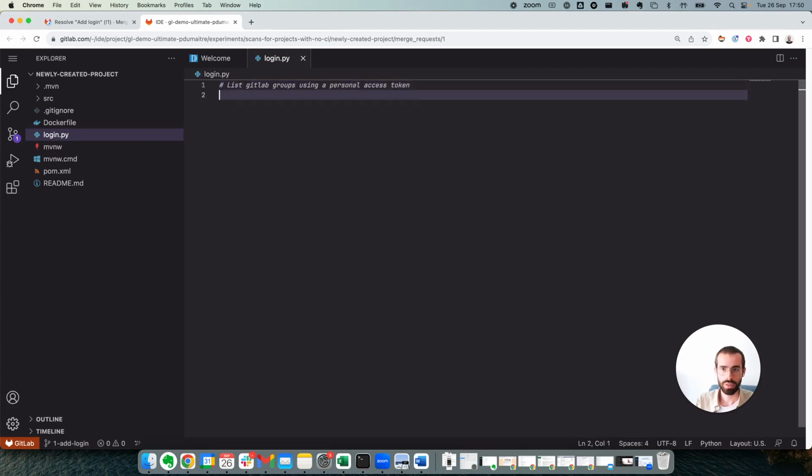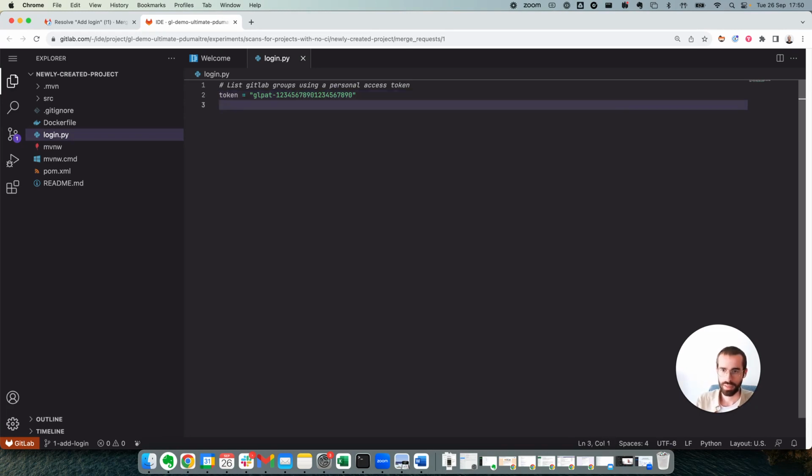And in order to create a vulnerability to demonstrate this, I'm going to use a personal access token. Right, so I know it has 20 characters and let's say URL equals.